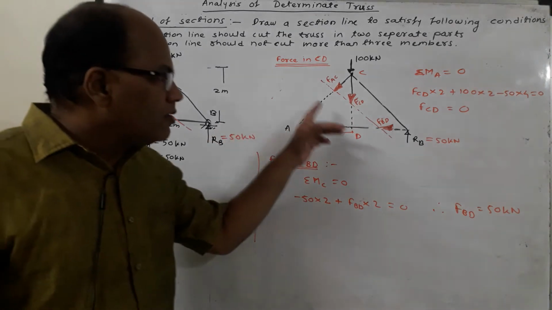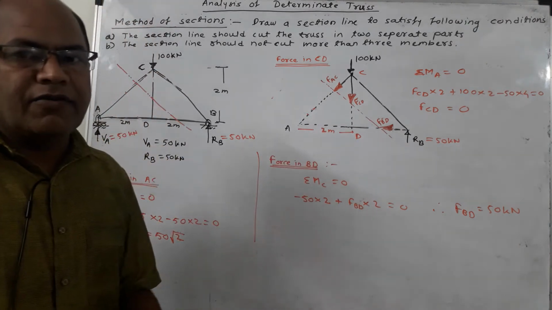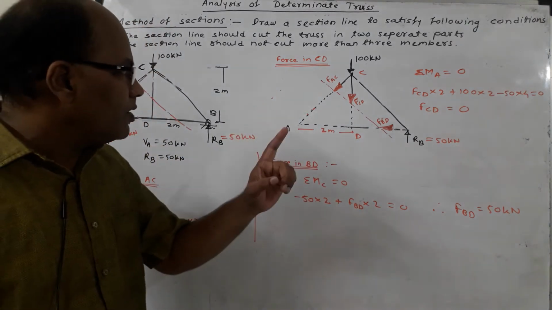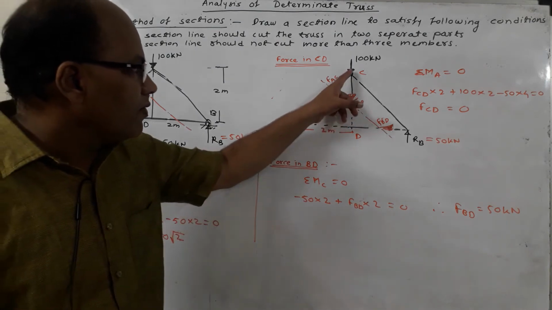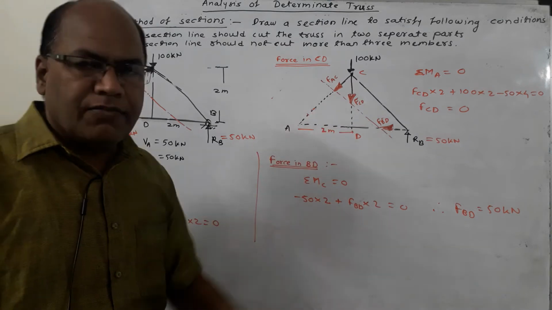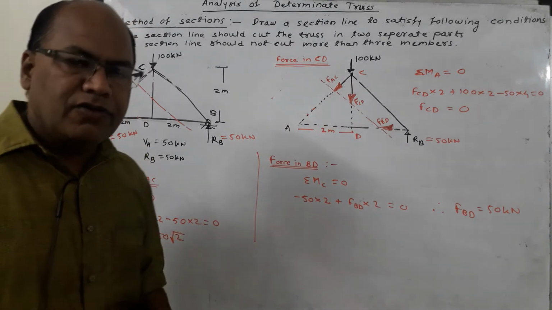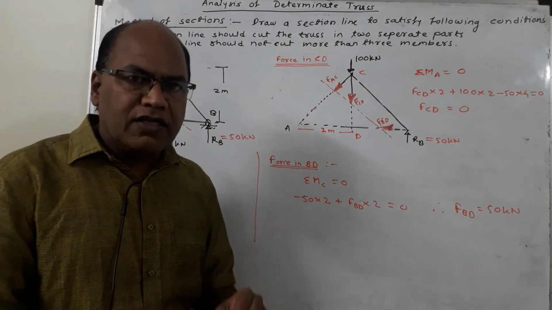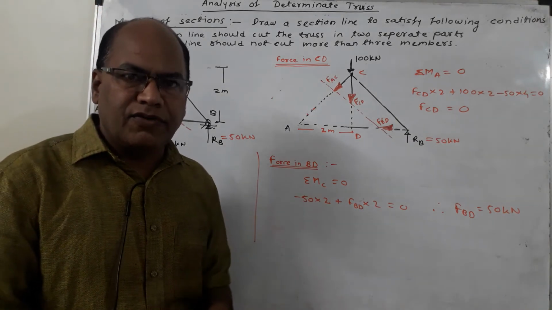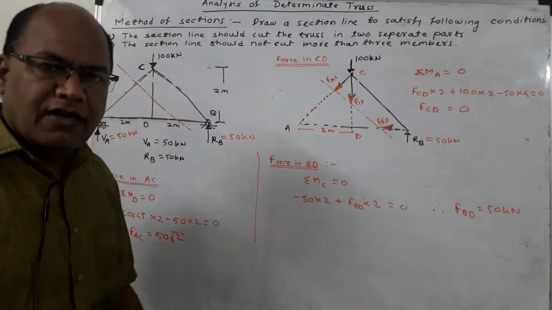Now consider one of the parts. Then check the cut members. There are 3 members which are getting cut: AC, CD and BD. Now there are these 3 cut members. The next point is important. Assume the forces in all the cut members as tensile forces. So I am showing that all the members are considered to carry tensile forces only.